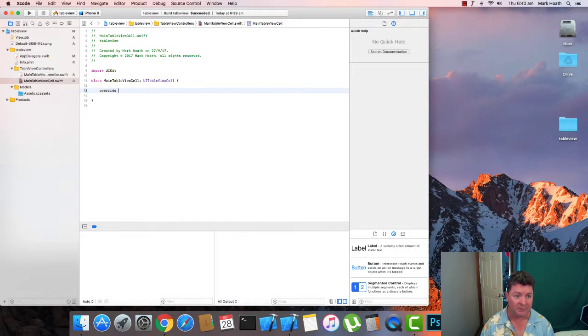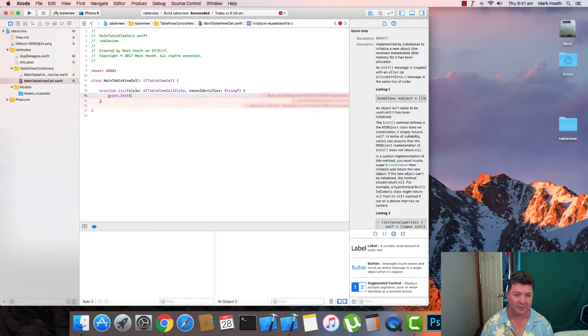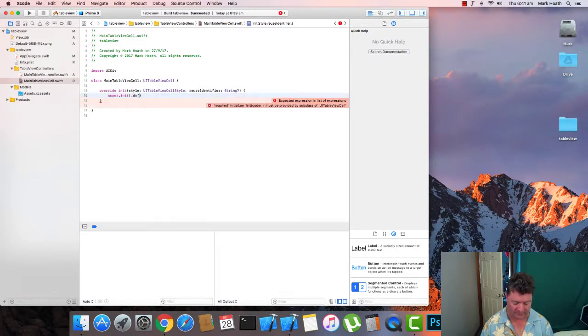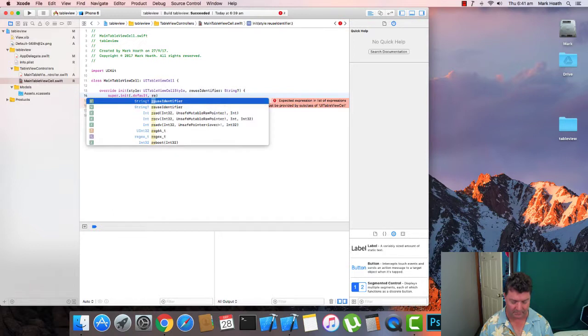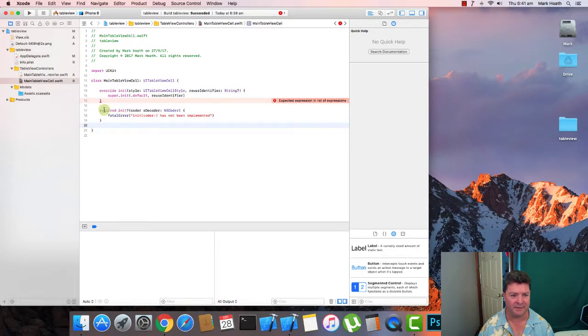So we need to override the init function, and that needs to call super.init, and it needs to pass along a style of .default and this reuse identifier, and there's a required initializer, so we just need to chuck that in as well. We need to put in here style and